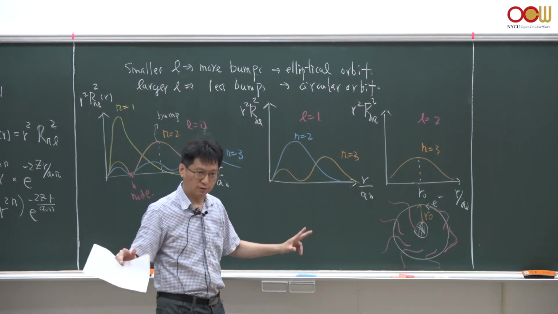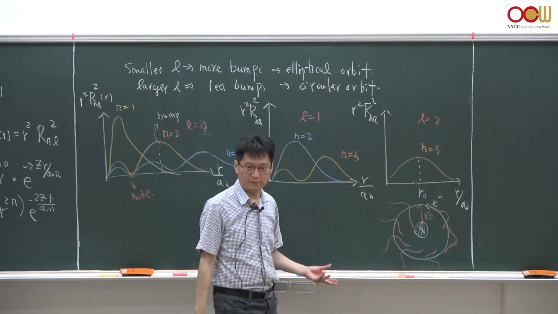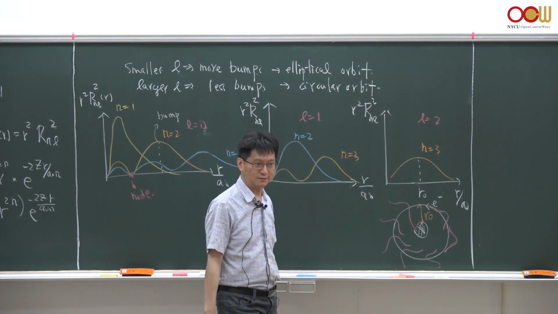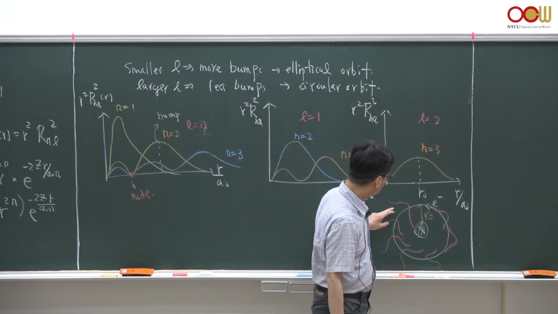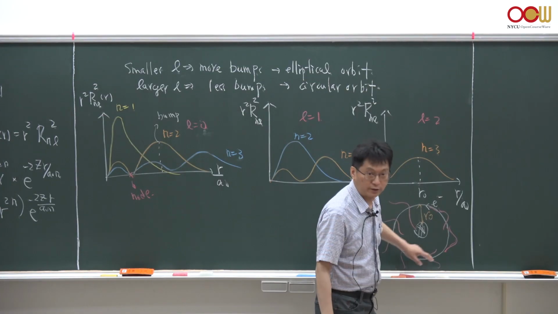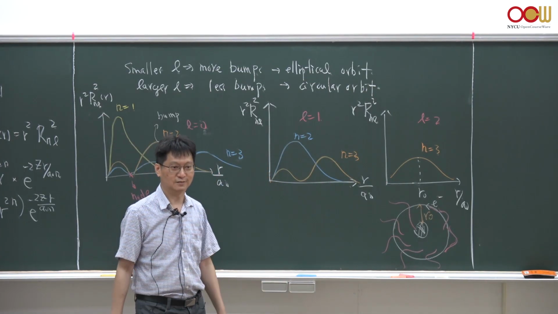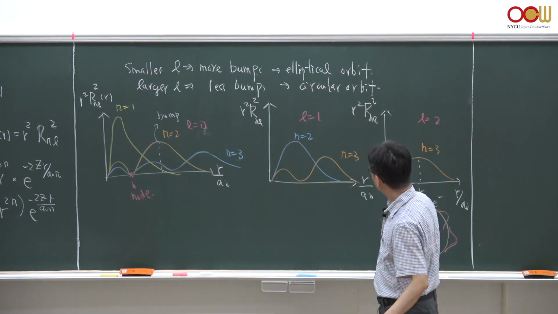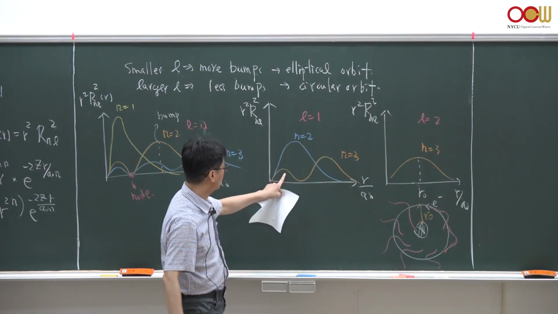So there are no orbits in quantum mechanics. The only thing we have is a probability distribution. If you connect the maximum of your probability distribution, it looks like a circular orbit, but it's not a circle. Remember that. But if you look at all these multiple-bump curves, you can see that